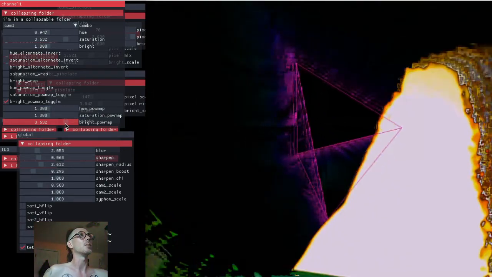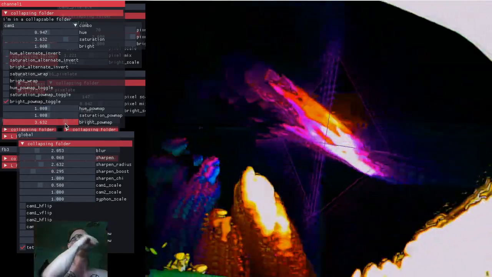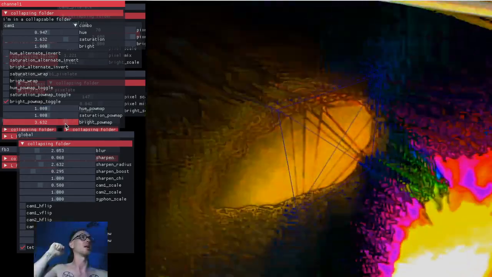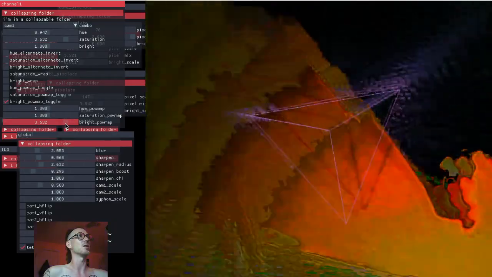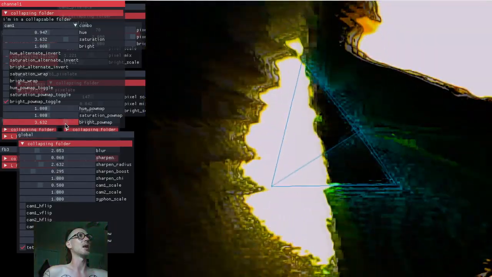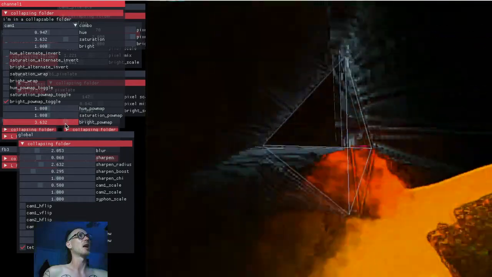I'm generally more interested in stuff that's really abstracted and large scale. So the big thing that I'm working on for Video Waves 2.5 is using videos as modulation sources. The big update for Video Waves 2 was adding these LFOs in there, and the LFOs are all pretty handy. I like the LFOs a lot, but